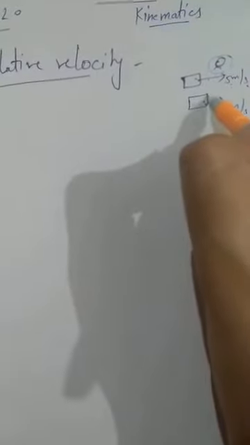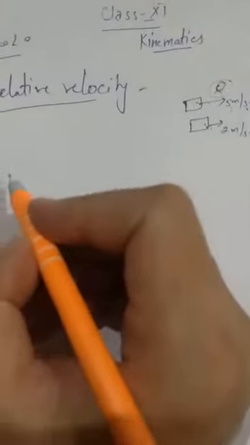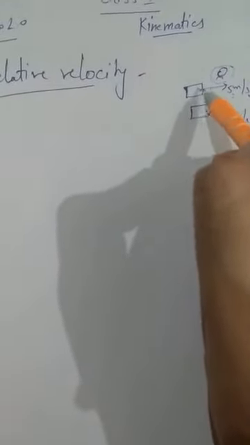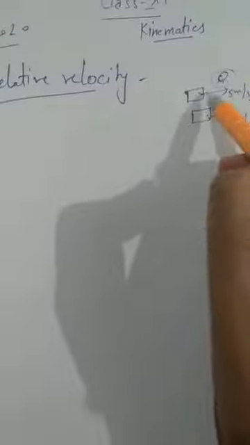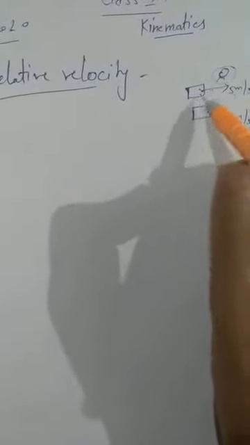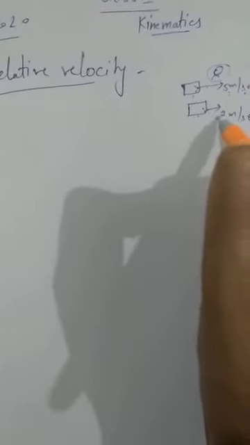So the velocity of one object with respect to another object is known as the relative velocity, and this velocity will be different with respect to that person. If we observe the velocity of that vehicle, then it will be different with respect to that person and with respect to the person who is sitting inside the moving car. That will be relative velocity.